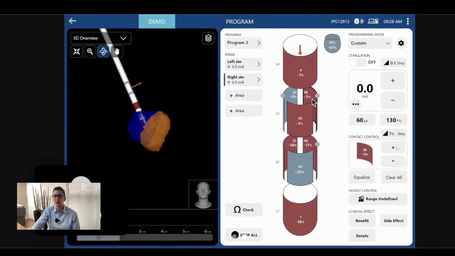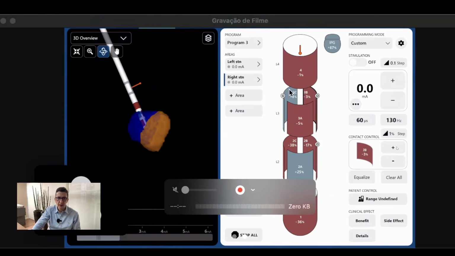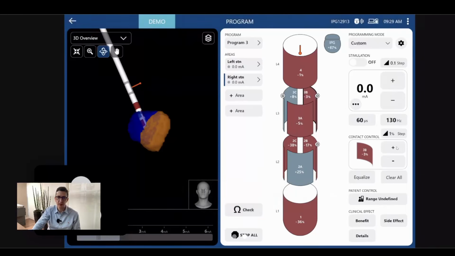This is amazing software where we can refine our spot of stimulation. In the next class I'm going to teach you why there are many cathodes here and why there are some anodes here. I know that at first glance it seems weird, but in the next class everything will be clear,